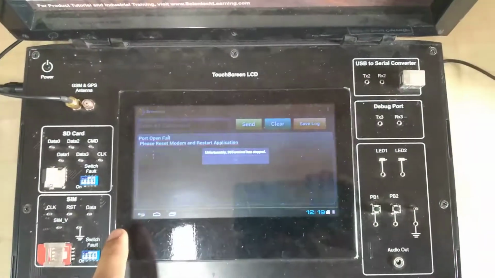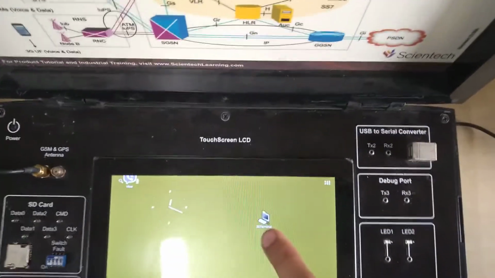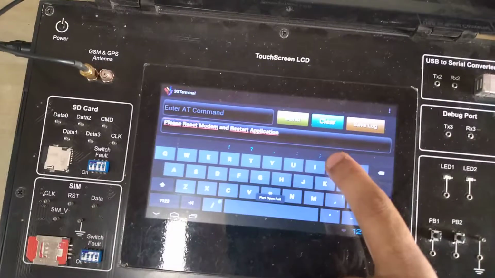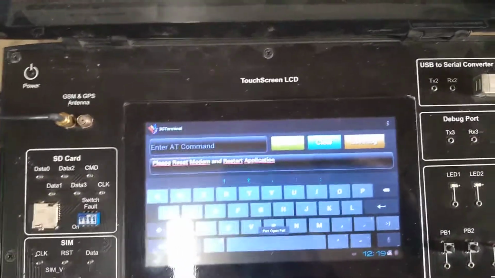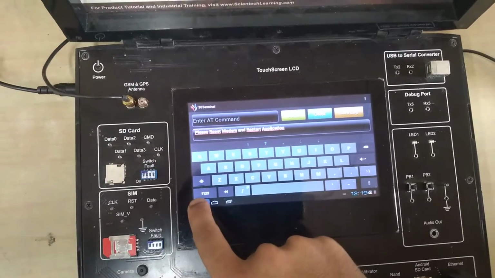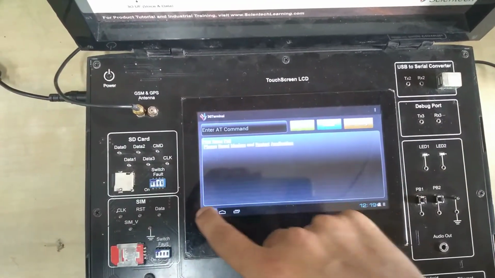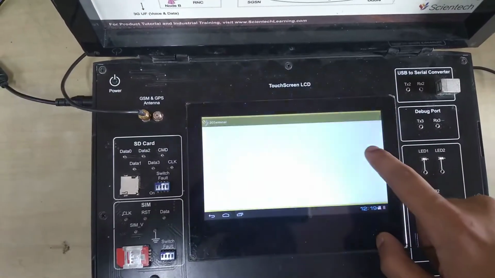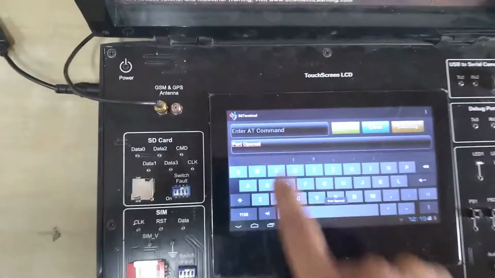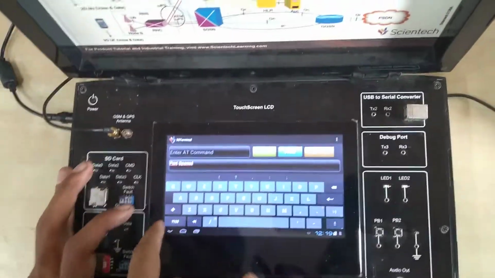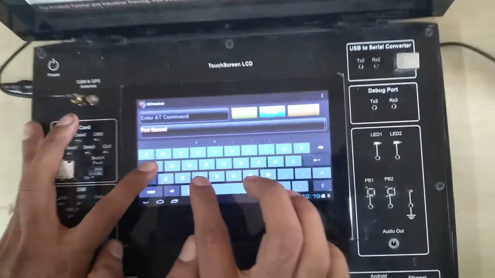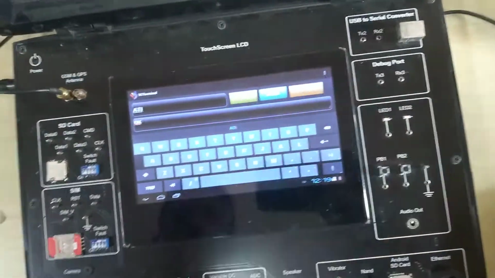Press the button. Once the port is open, we can perform the normal AT command operations. So start with ATI. You can type here by using the keypad. So once you type ATI,